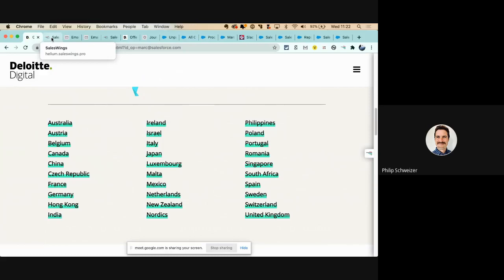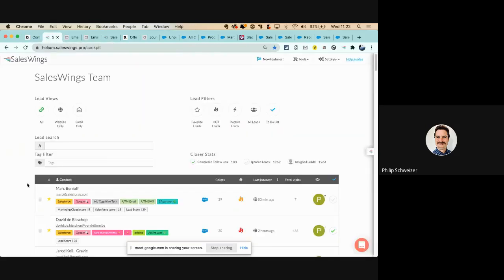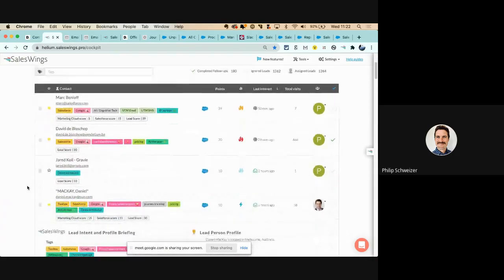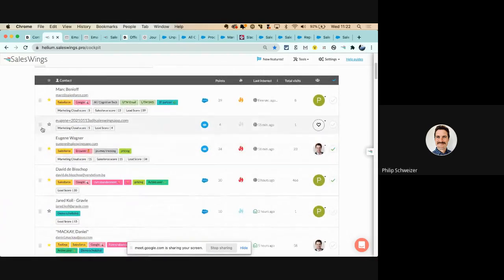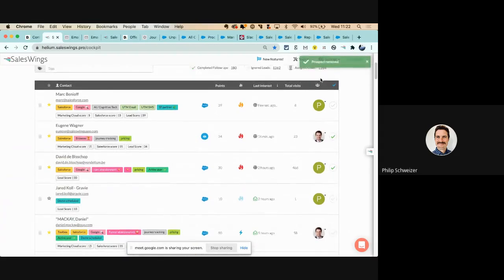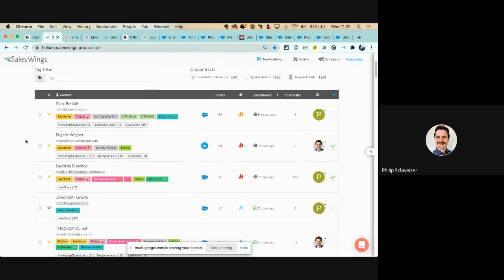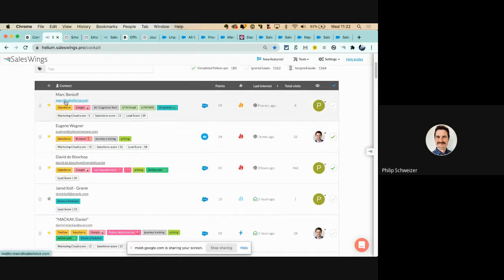So what I will show you now is what we call the SalesWings cockpit. The SalesWings cockpit is where all the data comes together. Now, remember, our customers are working in the Marketing Cloud and in the Sales Cloud. So this is where we visualize all the data. It can also be used as an extension to the CRM, but most of our customers do want their sales teams to work inside the Sales Cloud. But I will show you this now to explain a little bit how the data looks.